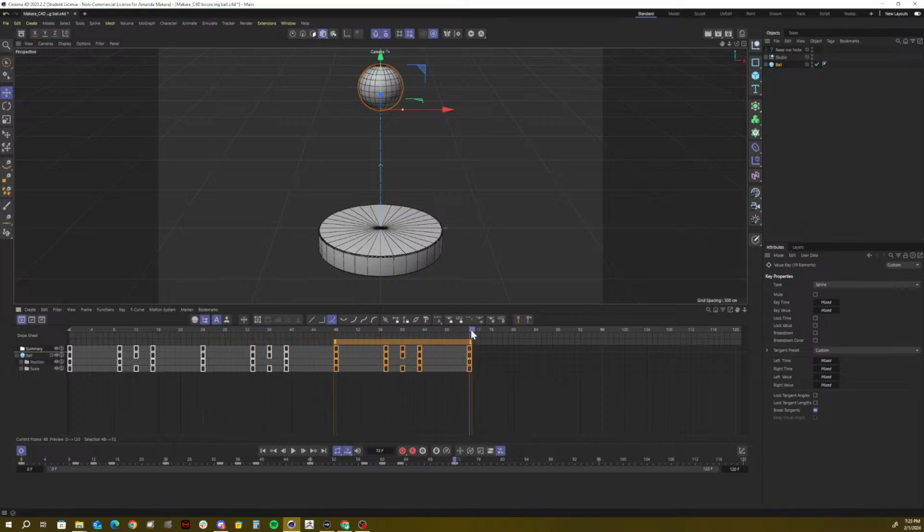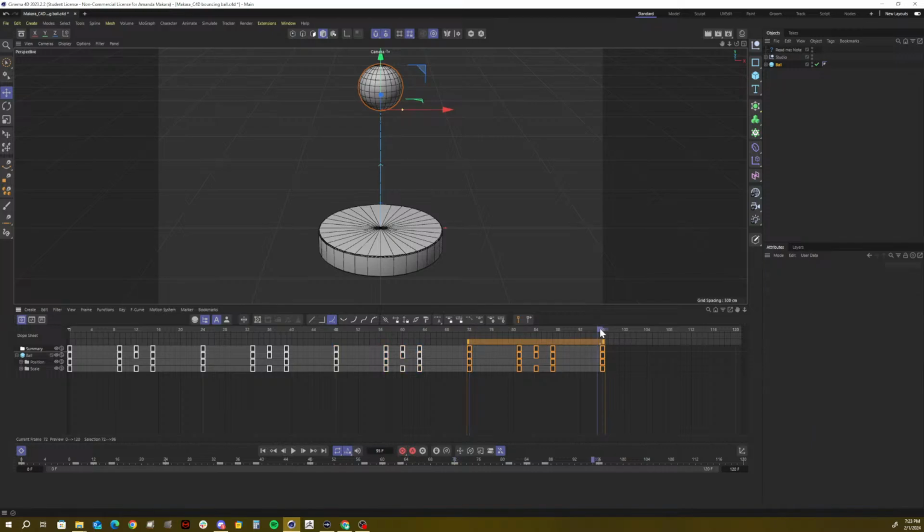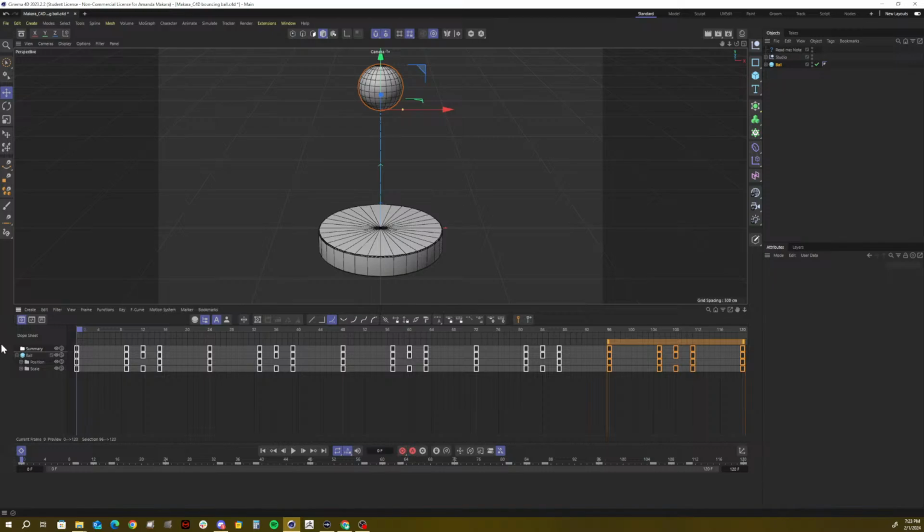We're going to do that again right here, making sure that we're in line with the last set of keyframes, holding down Control, click and drag. And then finally, we will do it one more time to get a total of 5 bounces, nice squashy and stretchy bounces. So when I play this, I've got this perfectly looping bouncing ball